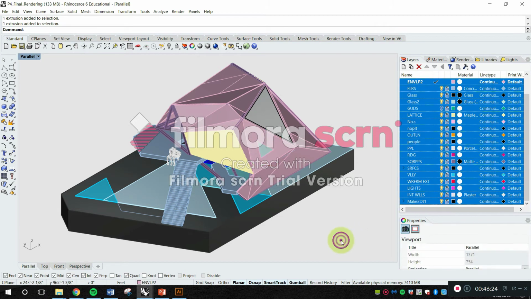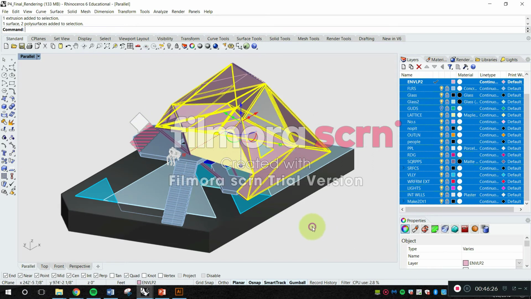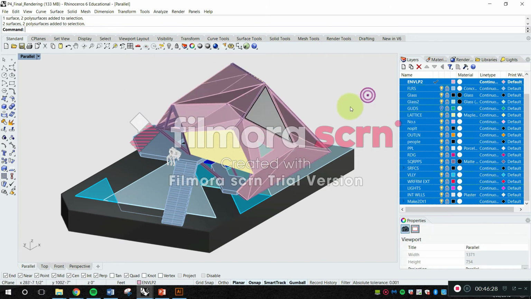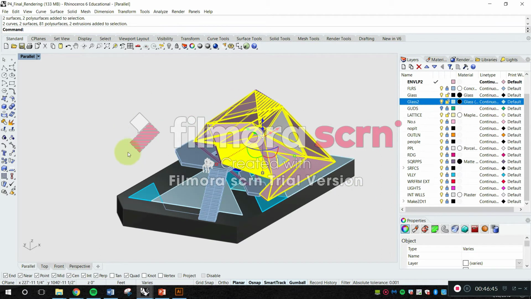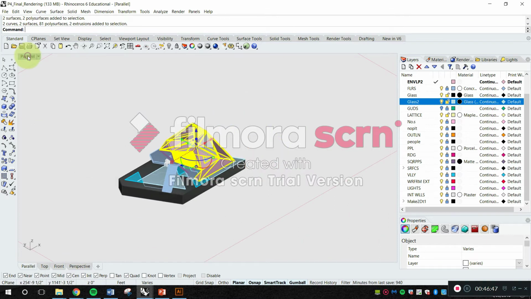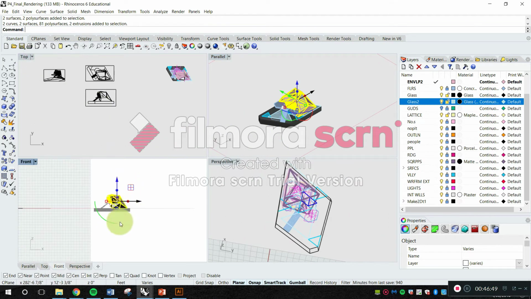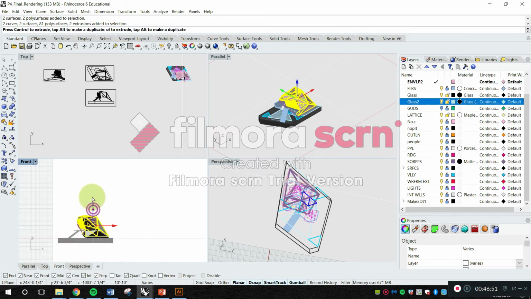So I am going to select everything. I'm going to lock them. Right now I cannot select anything. I guess that one I can because it's a layer that I'm on, but that's okay. That I need to move. So the next one as well is the lattice one. So I'm going to unlock that, and then glass, both of my glasses. So I have unlocked them, and this is where this view might help. So I'm going to move them,